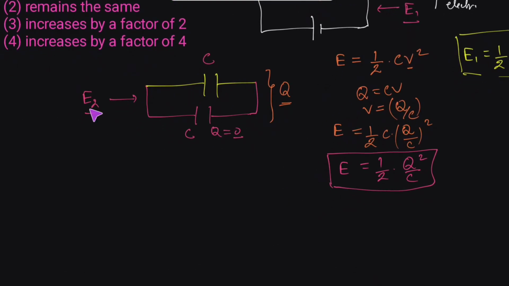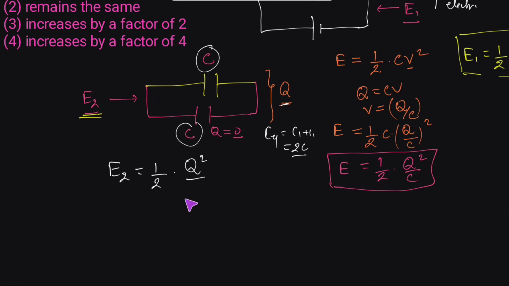Now we have to find the value of E2 as well. So we will write E2, and we have to use the same formula, that is half times Q, the charge stored in the capacitor, or here in this case we can say that in this assembly the charge is Q, it is not going to change. Here, Q squared divided by, in place of C, we have to write the equivalent capacitance of this capacitor assembly. And we know that there are two capacitors connected in parallel, each having the magnitude of C. So the equivalent capacitance would be C1 plus C2, and C1 and C2 are the same, so this will be 2 times C. So we can write 2C in place of C.